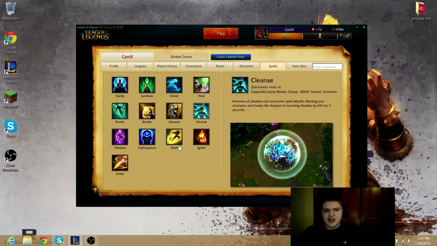And then Flash and Cleanse. Cleanse if they have a lot of CC on the team that you're worried about. You don't really need to worry about Cleanse on Corki. If you're really that worried about getting CC locked, I just suggest getting a Quicksilver Sash and then building that into a Mercurial Scimitar once you get enough gold. But you shouldn't be worried that much about Cleanse, because first of all, you shouldn't be that far into a team fight